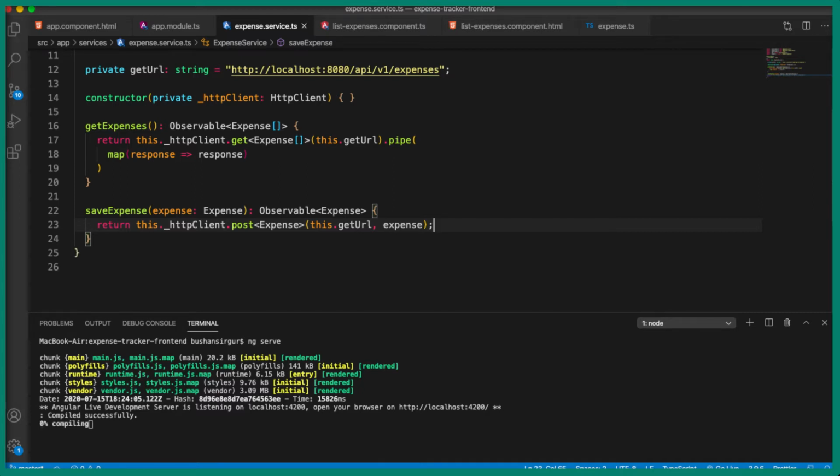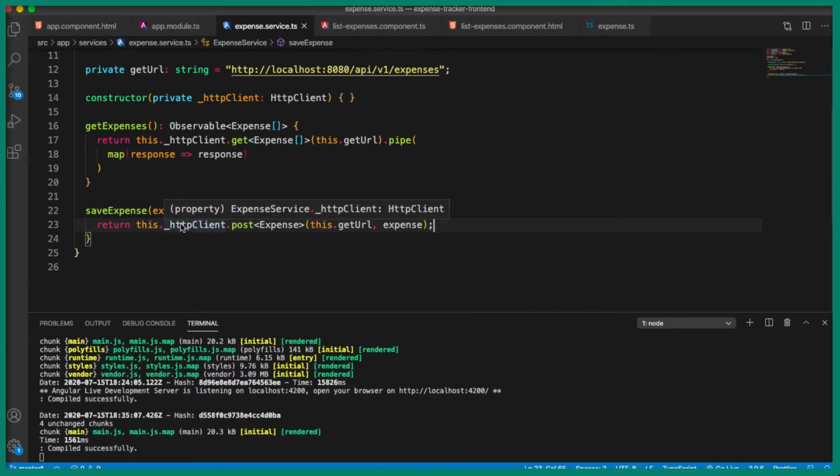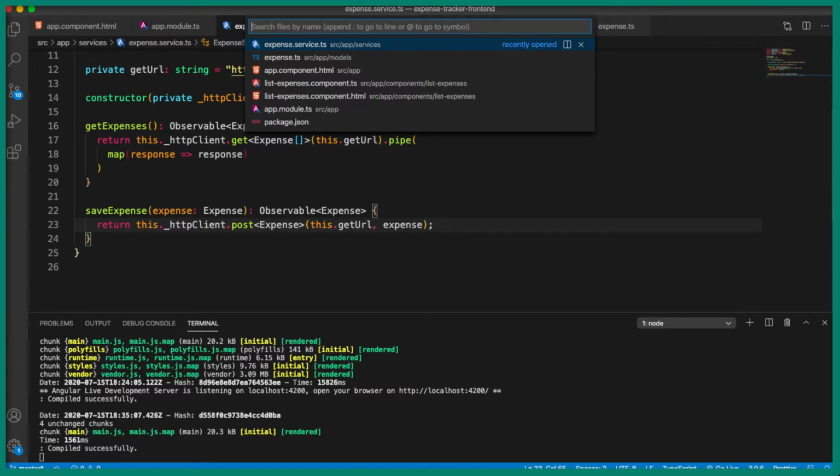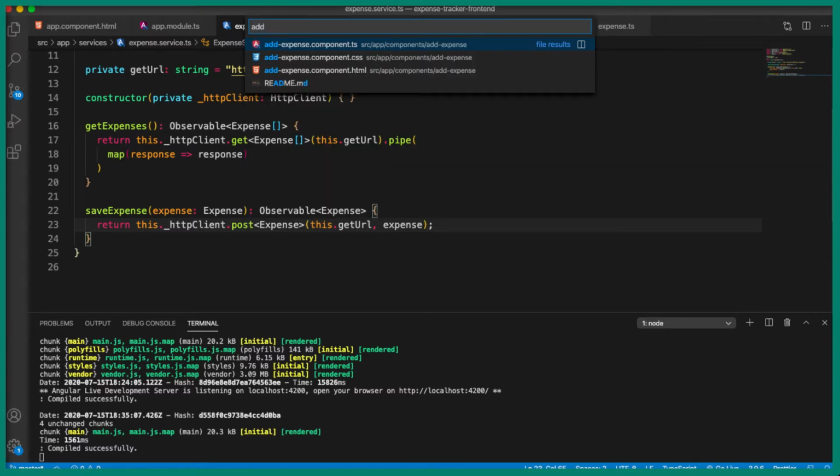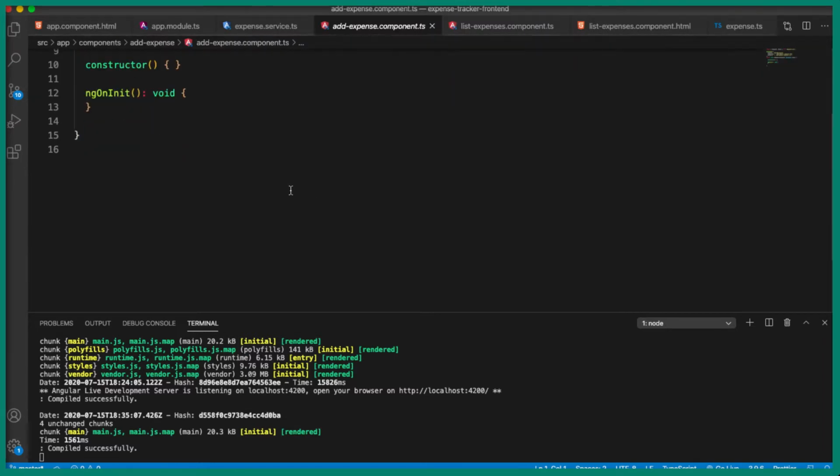So let's save this. Now we need to call this method inside our component. So let's go to the add-expense.component.ts file, and inside this let's actually call the method. For that, I'm going to create a new method. I'm going to call this saveExpense, and inside this,